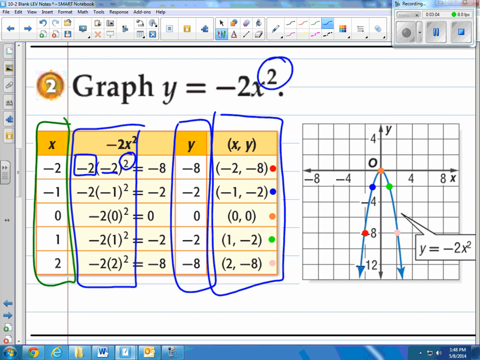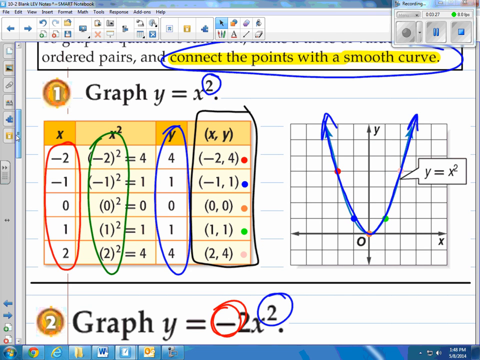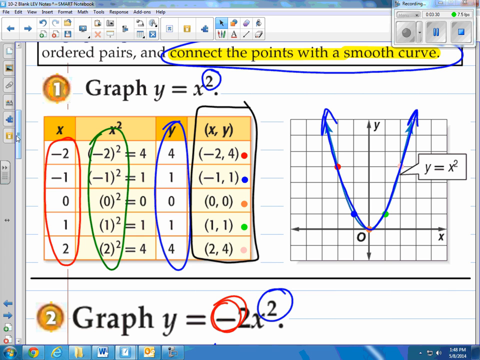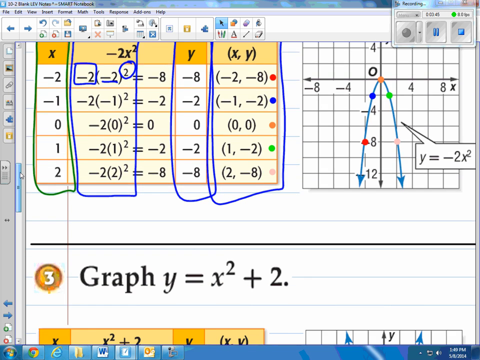Of course, they plotted. Notice this one here actually is opening downward. The reason why this one opens downward is because of this right up here. Negative coefficient, the -2, the number in front of the x, if it's a negative coefficient, it'll open downward. Looking at the original problem, x squared, what's in front of that x? If you remember, there's a 1 in front of that x, and that 1 is positive, therefore it will actually open upward. So you can see this is a U shape going upwards, and that 1, the coefficient, is positive. Let's take a look at